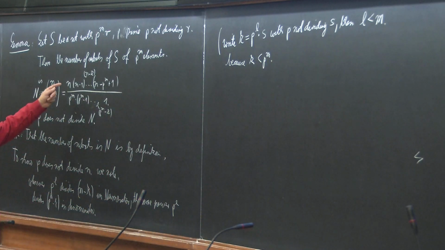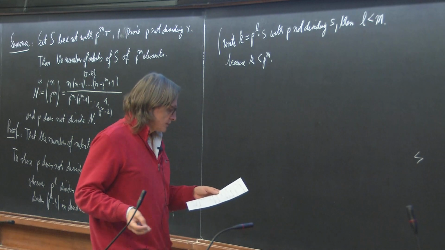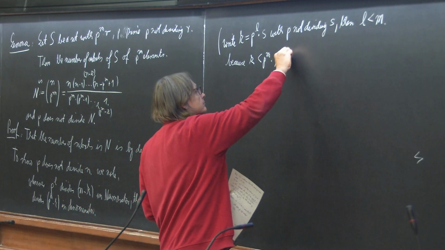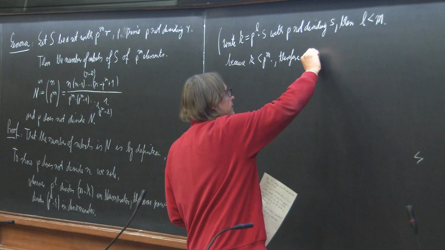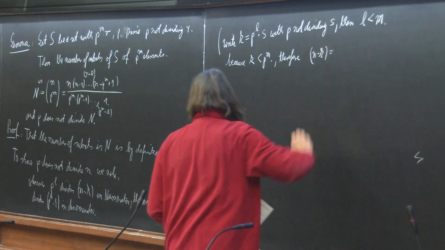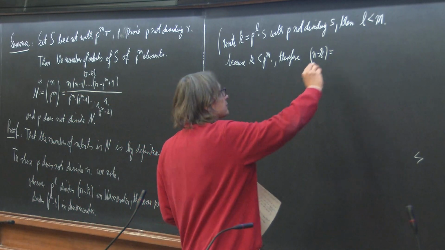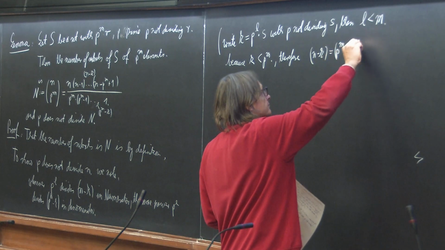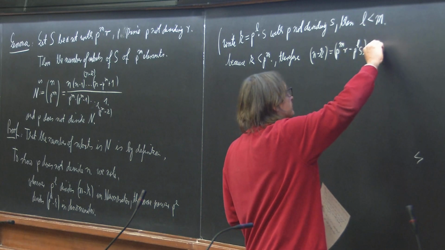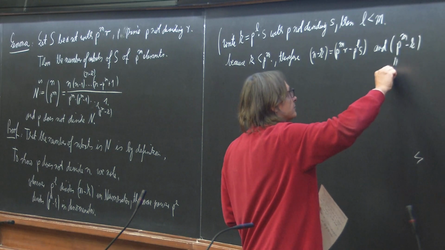We only have the factor here minus 1 and so on until minus p^m plus 1. So therefore, n minus k is, what is it? p^m r minus p^l s, and p^m minus k, which is p^m minus p^l s,